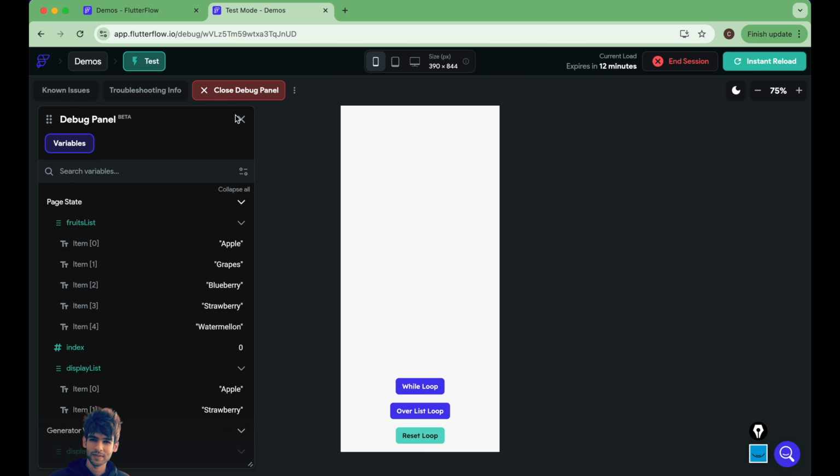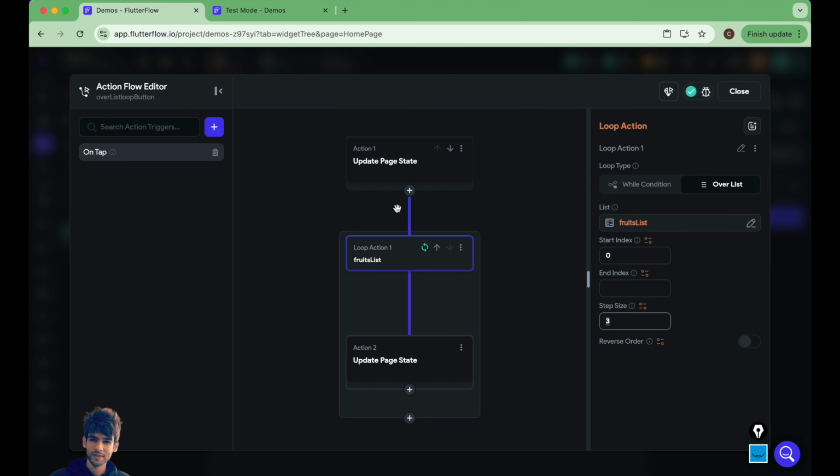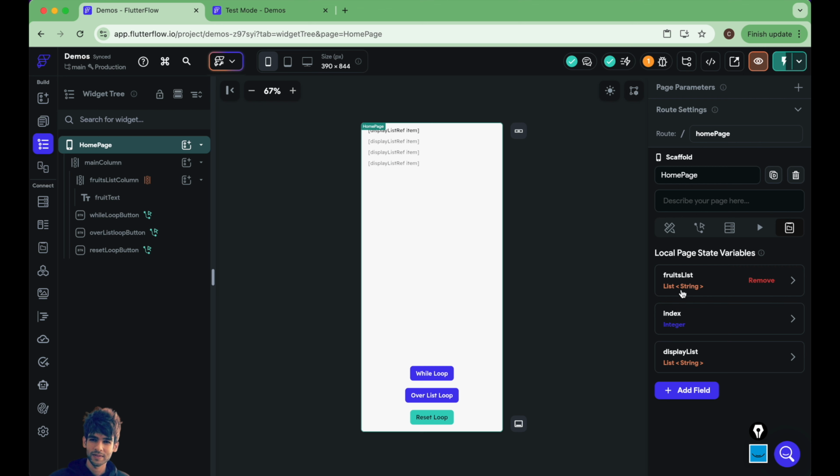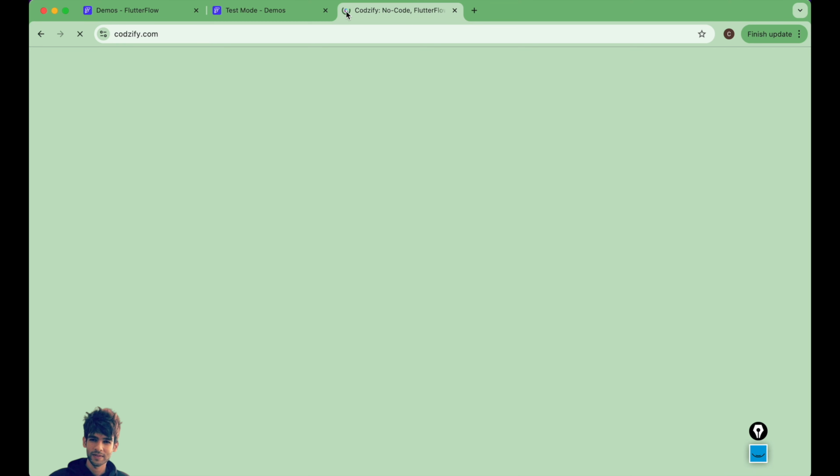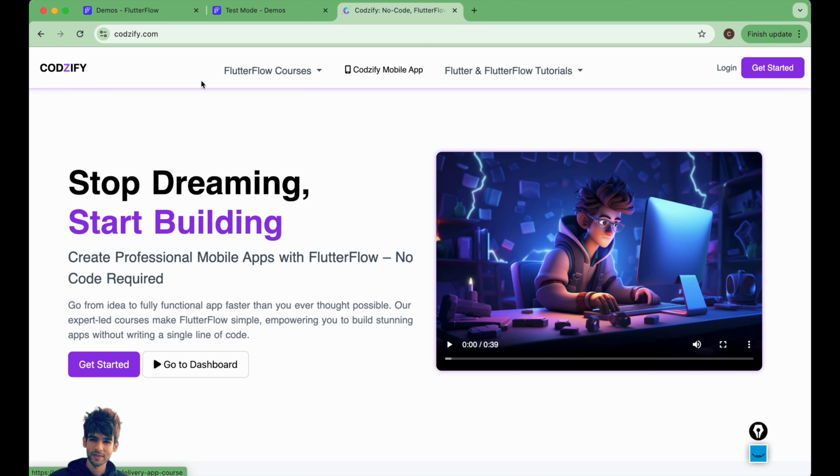Okay, I hope you got the complete idea of how to use loops in FlutterFlow. Now this is a basic example where you are adding the default list here in local page state variable. If you want to handle the stuff in backend and also want to add and remove the elements and want to manage the things dynamically,